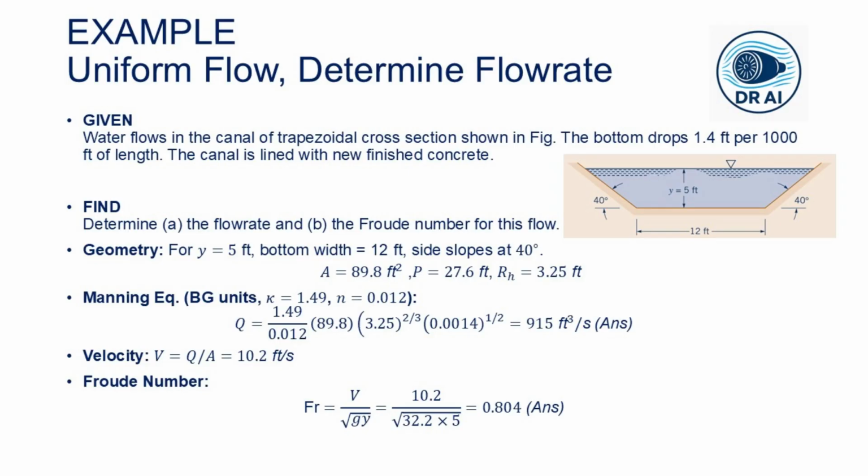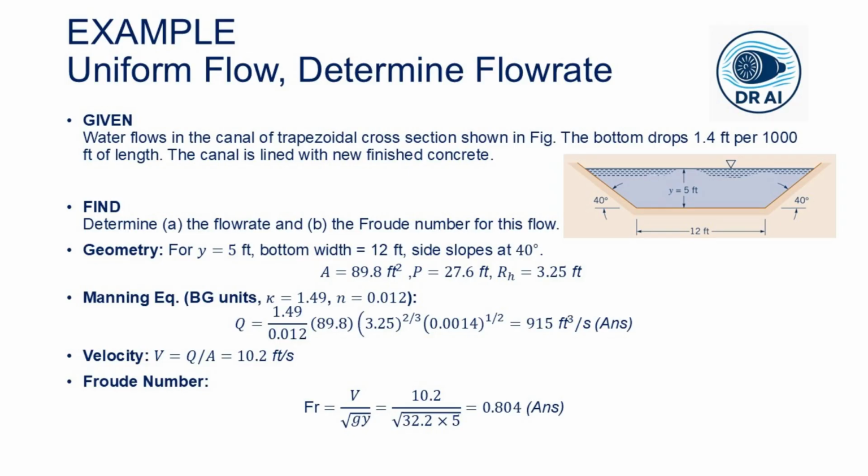We know the geometry, we know the slope is 1.4 feet per 1,000 feet, and we know the depth is 5 feet. We want the flow rate. This is a straightforward calculation. We compute the area A from the trapezoidal geometry, we compute the wetted perimeter P, then we get the hydraulic radius as R_H equals area over perimeter, which comes out to be 3.25